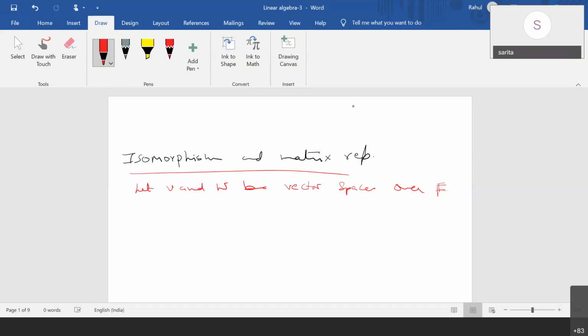So for example, there is this field F which is used in linear algebra. Now here, when we are talking about isomorphism and we say let V and W be two vector spaces, and we are defining isomorphic vector spaces, then we have to say that these two vector spaces are coming from the same field. Right, let V and W be vector spaces over field F. A linear transformation